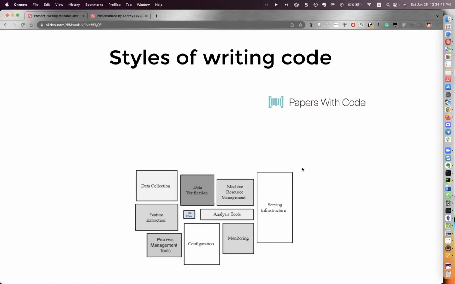A different style of coding is when you need to make some first prototypes or simply make something work. For example, you have a new task and you have little experience with it, you have limited time, and you need to try a lot of approaches. So you go to Stack Overflow, GitHub, Kaggle, take different pieces of code, slap them together, and hope that they work. Then when they work, you can decide whether to try something else or to rewrite this code and do something better. So in this case, we just simply iterate and don't write much code.